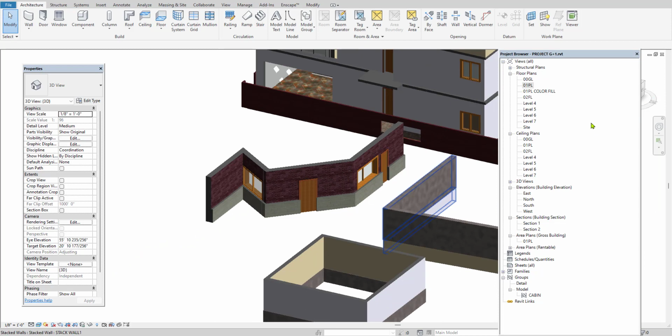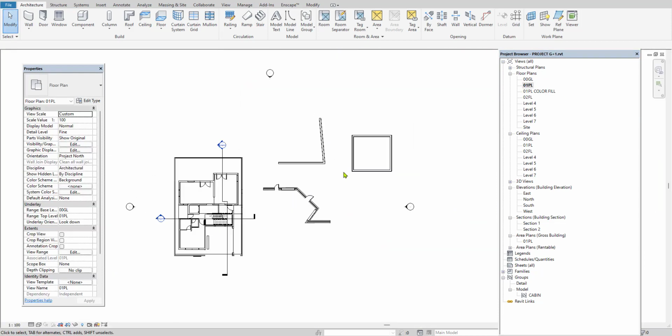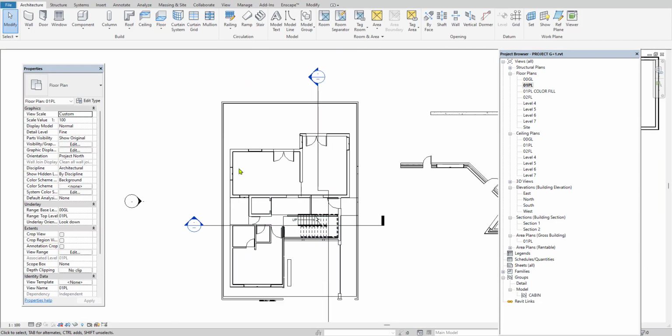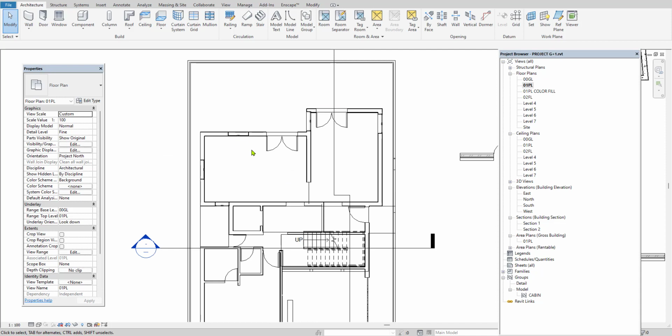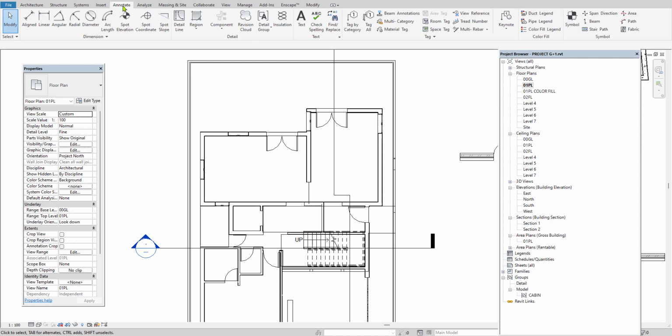Next will be annotate. Annotate, as the name indicates, is used to give the detailing. Once you have done the complete project, we have to give the detailing, because without detail the model has no meaning. What is the length, width, angle and other such things. For that I am going to click on the annotate option in the menu bar. Once you click, you will get a number of options to give the detailing. So here I am going to give the detailing for the plinth level.